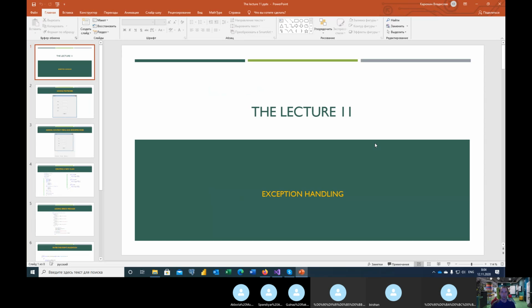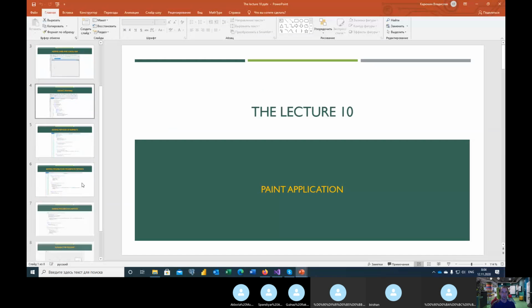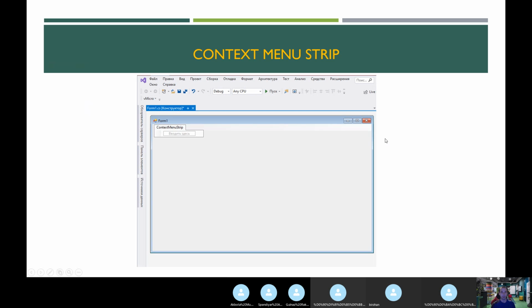So okay, let's move again through the Windows Forms topics, starting from the first application. In the first application, we created the form, and we used it for drawing some signs, some marks in it, and you can also have the context menu. In the context menu, you chose the colors, the